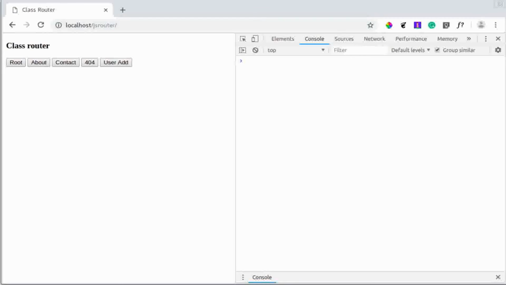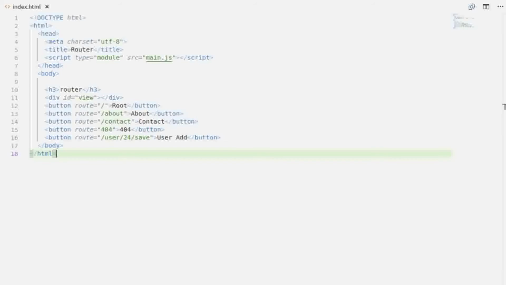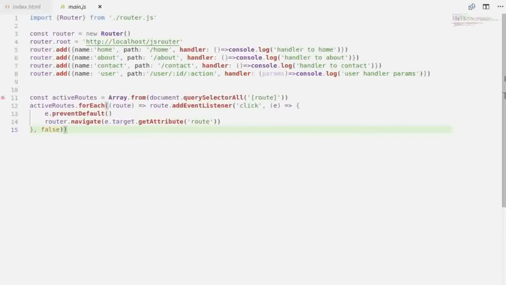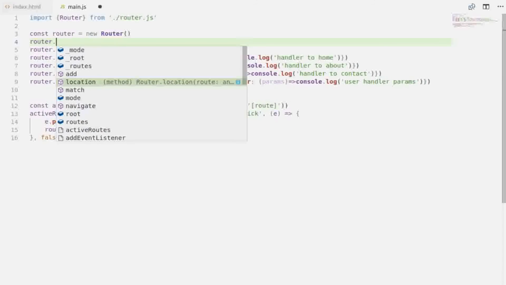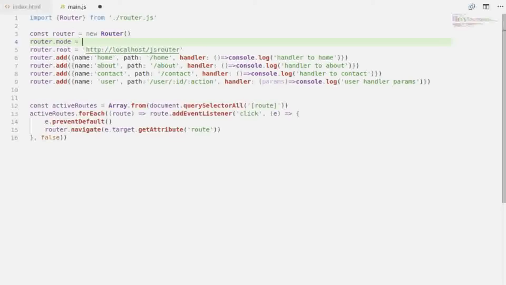Now let's check it in the browser. When we click the buttons, we see the events call the router's navigate function, which in turn calls the handler function, and also the location function changes the URL of the browser. Now if we change the router mode to hash based,